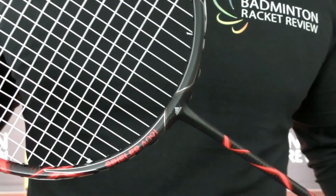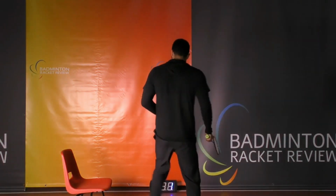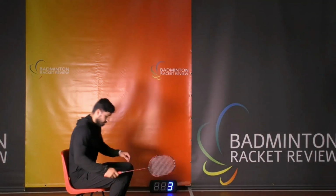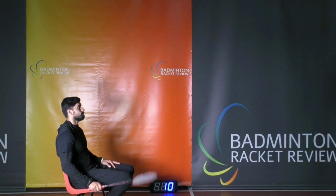Okay, now we're going to do an E-Zone maneuver test. The maneuver shots was designed to tell us about the racket's acceleration abilities, its ability to shift from one direction to the other or shift quickly from nothing to full speed. It also tests the racket's